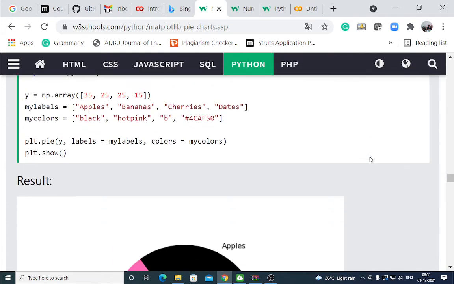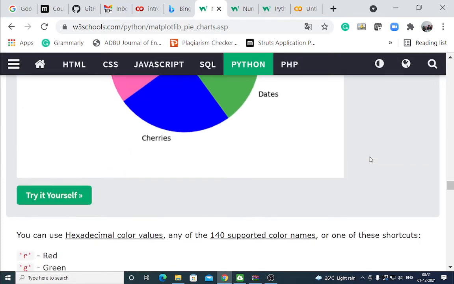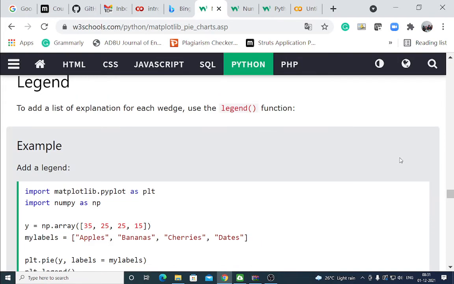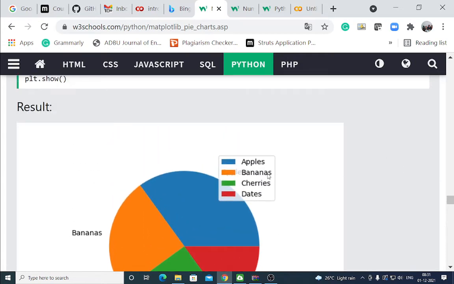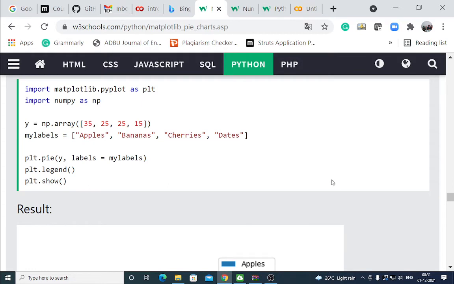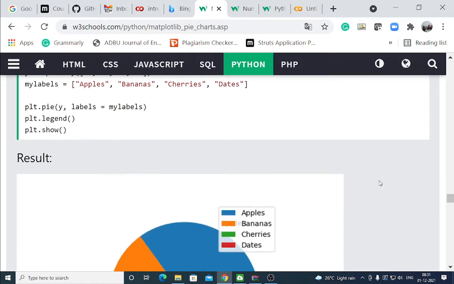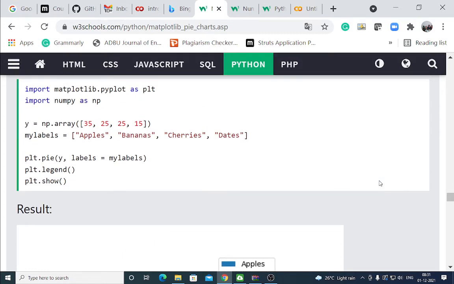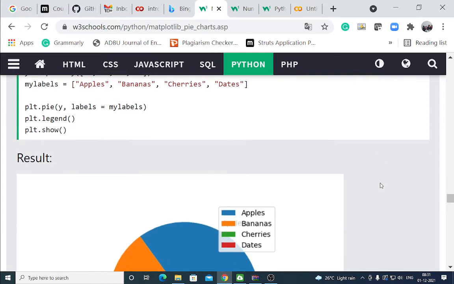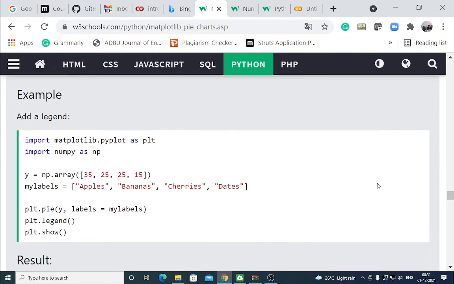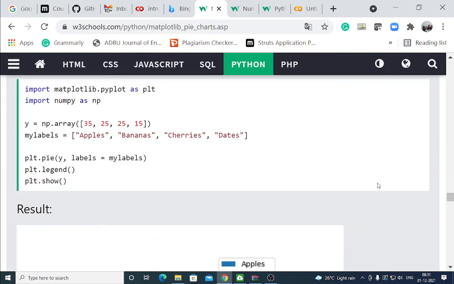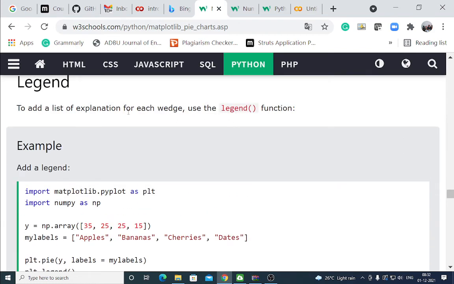Different colors you can assign here. You can give the labels. You can use a legend, you can assign an explanation for each wedge.